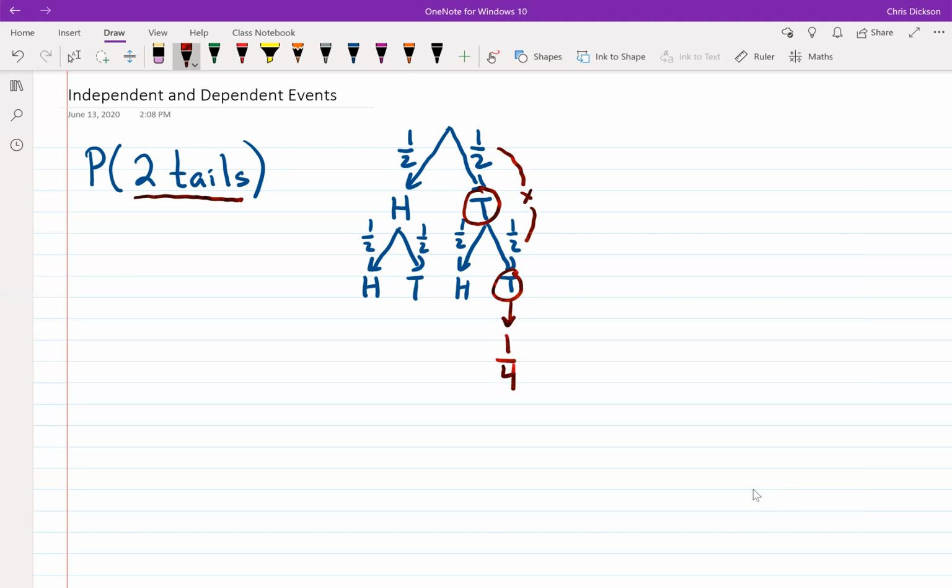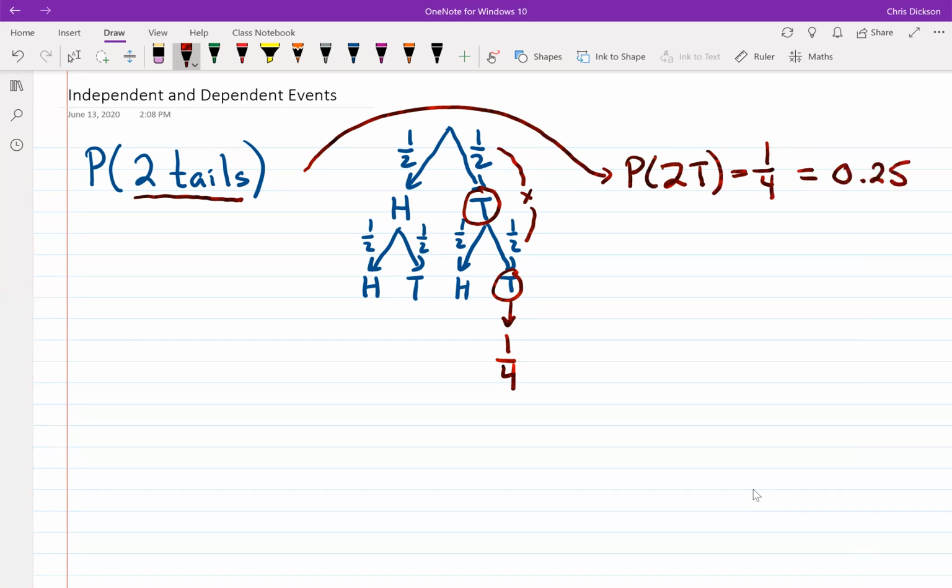Okay. Now I could say the probability of two tails would be 1/4. As a decimal, that's 0.25. And if I want to convert it to a percentage, I would times it by 100, because that's how we convert to percentages. So that would be 25%. So it's 25% chance, 0.25 probability, or 1/4 probability of that occurring. Okay, so that's our coin question.